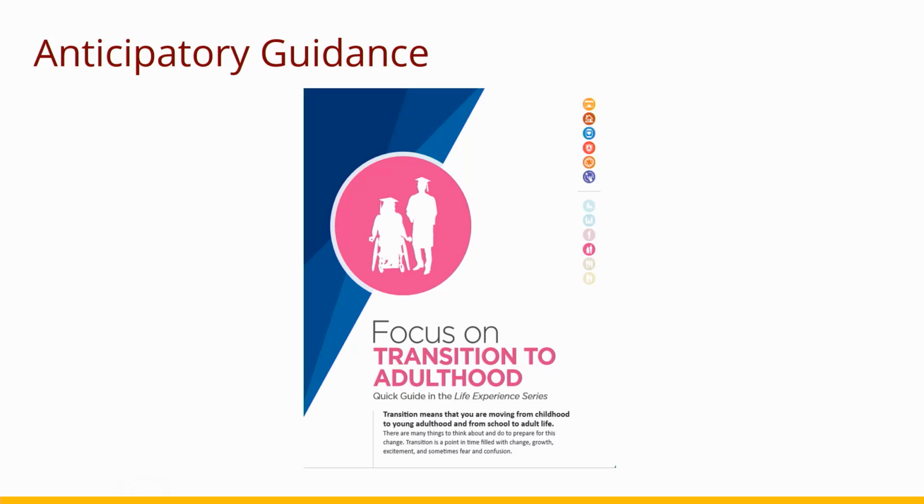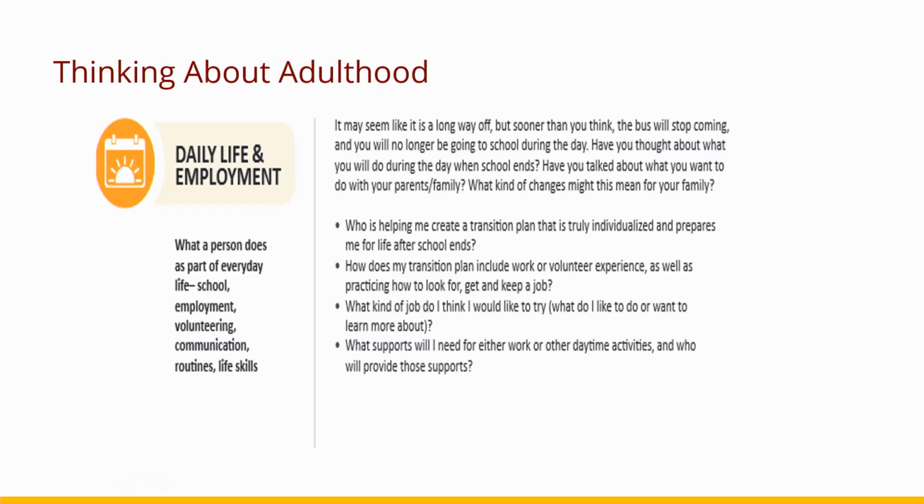So one of the things that Charting the Life Course has are these booklets for every stage of life, starting with infancy all the way through aging and retirement, that focus on a particular life stage. They ask questions as a kind of anticipatory guidance, like these groups of families and self-advocates sat down and asked themselves and each other, what do you need to know to move forward? And all of these books have questions for every life domain. On the resources, there's ways to get to this. I don't expect you to read all this tiny print. But for example, in thinking about adulthood and moving to adulthood, in the daily life and employment section, it asks,